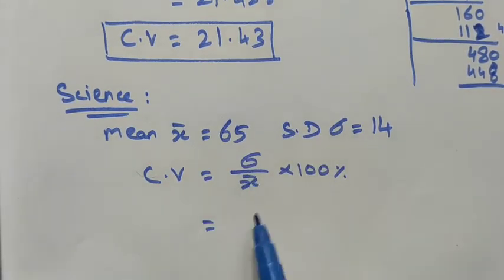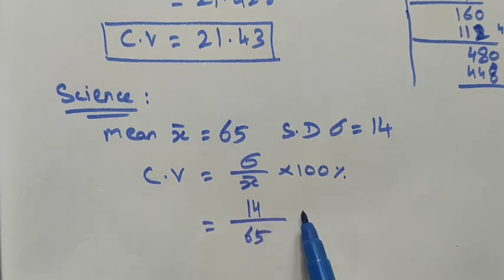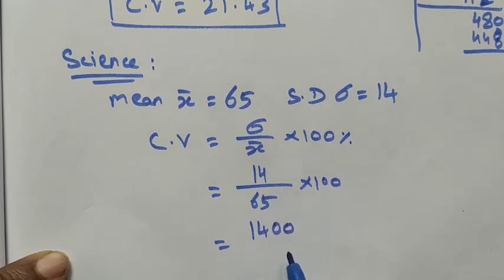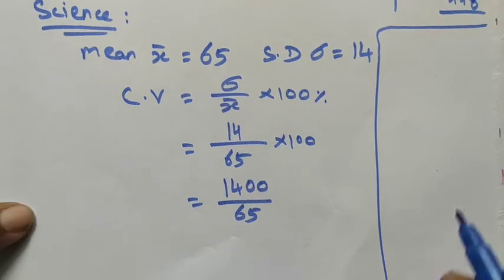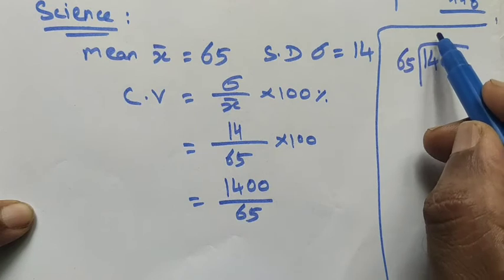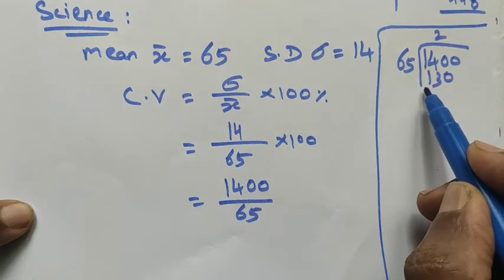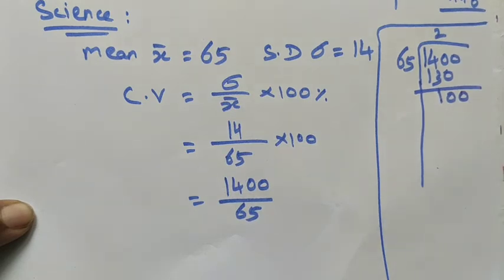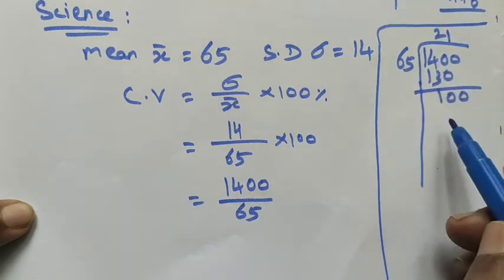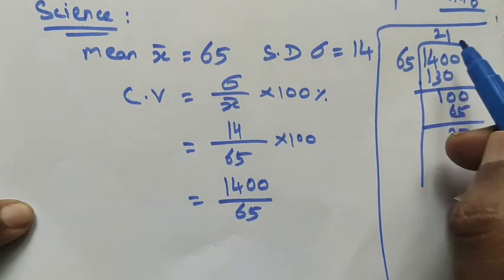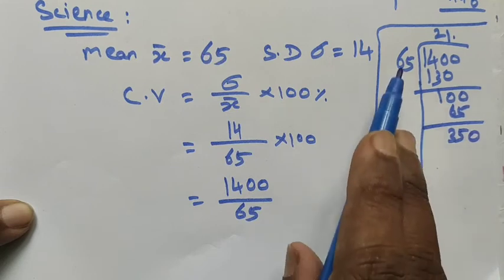Now sigma is equal to 14 divided by 65 into 100. Then we multiply, we get 1400 divided by 65. Now divide this term. That is 1400 divided by 65. We get 2 times 130. Then remainder 1, 10, and then 0. 65 ones are 65. The remainder is 35. So put 1 point and add 0. Now divide this, we get